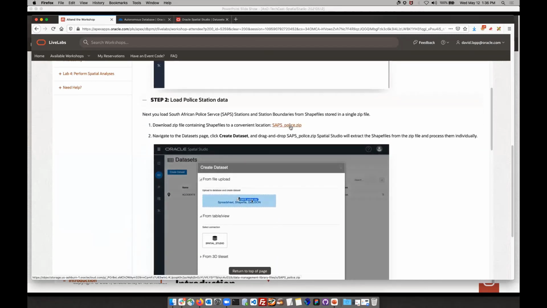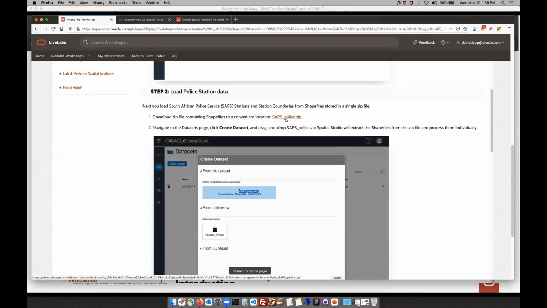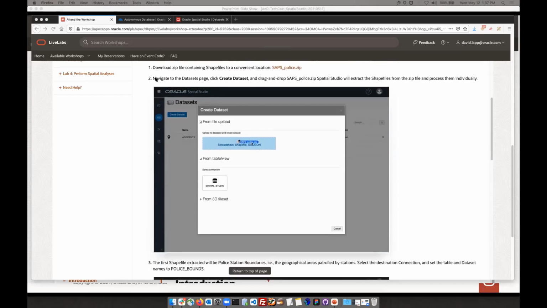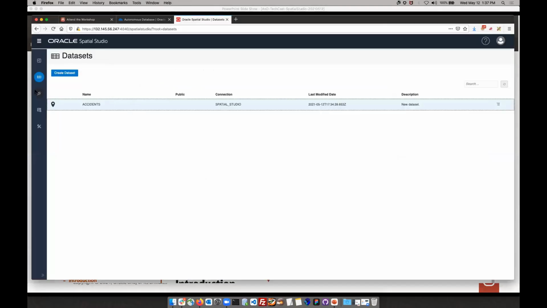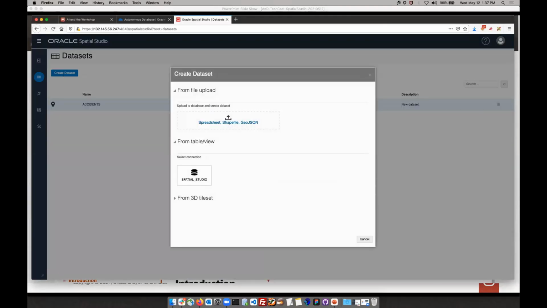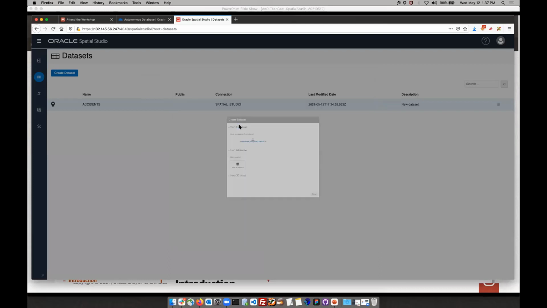The second set of data are the police station locations, and boundaries for coverage areas. So next we're going to add them. So I'm going to go back to create data set, and once again we're going to load. This is a common, well-known format that we can support. So I'm going to say create data set, and I'm going to drag and drop what I just downloaded in,